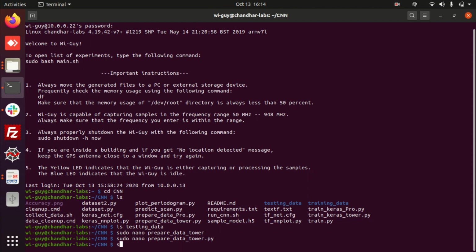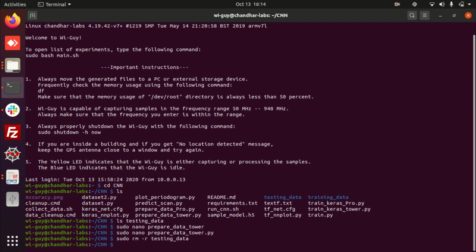For example, I am giving sudo rm -r testing_data. Since we don't have any files, this is not working. If there are files, it will remove all of them. Similarly, you can do it with sudo rm -r for the training data.